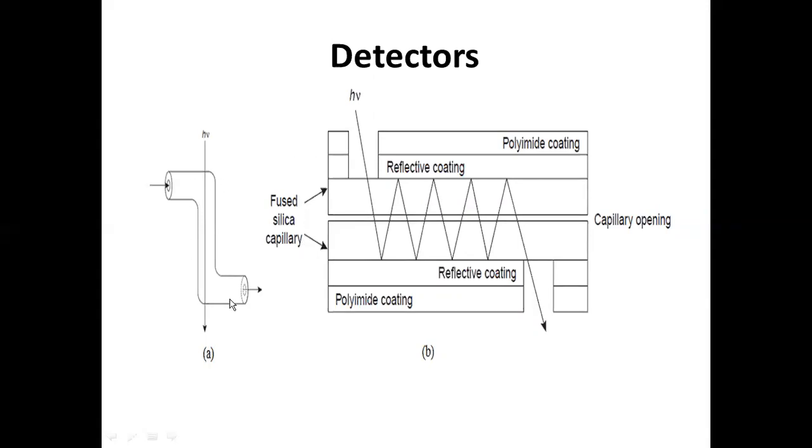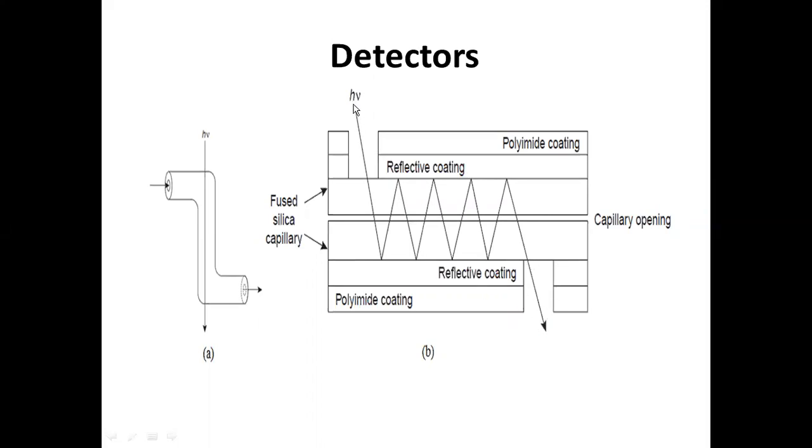Apart from using these Z-shaped cells, we can even use laser beam technology in order to detect the solutes. In laser beam technology, assume this is the capillary tube. The capillary tube has walls and the ID, the internal flow provision, and the coating material made of polyimide, which has been coated with a reflective coating. At the beginning, this coating is open, and at the end, the coating is also open.